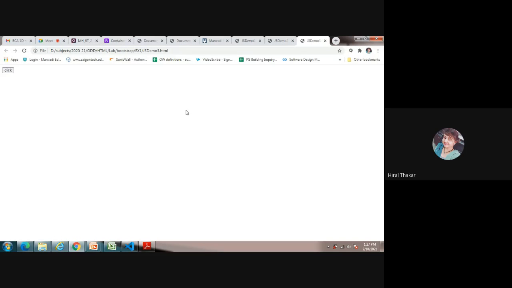So there will be one button, and when I click on the button, it will give you one message. Hello student is the message that we have written in the MSG function. And this is known as an alert box. Okay, this is an alert. See, it will give you some alert message only. You cannot write anything. You cannot do OK, cancel. It will give you one OK button only. Okay, so it's a message only.